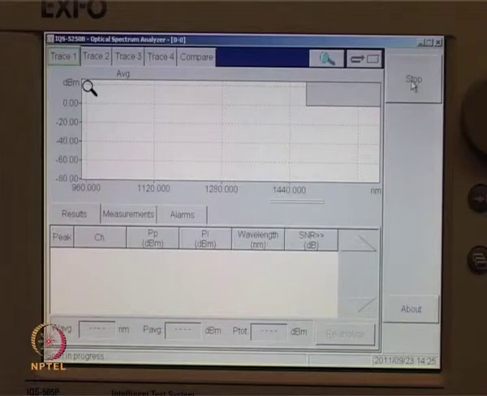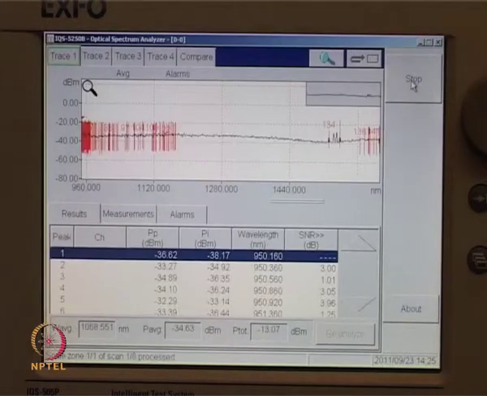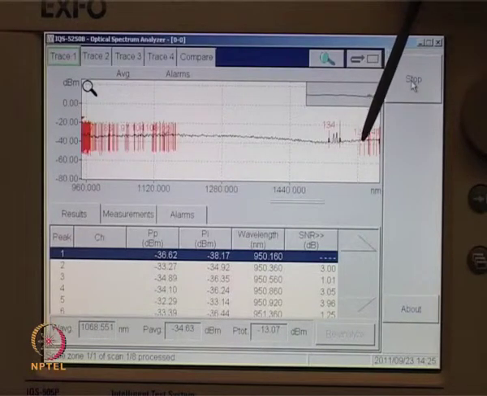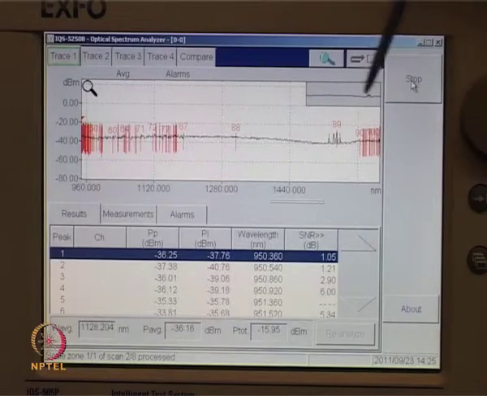The screen shows the scan in progress, where the spectrum analyzer is internally calibrating multiple scans and then displaying the average value. Initially, a variation in the peaks shows that the calibration or the measurement has not been fully completed.